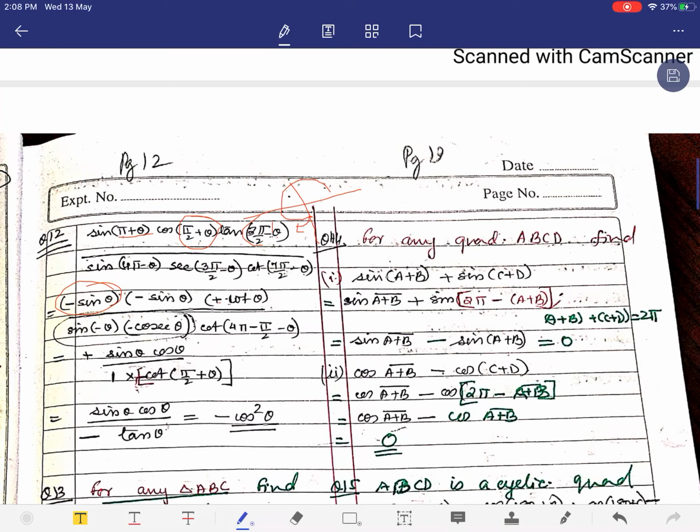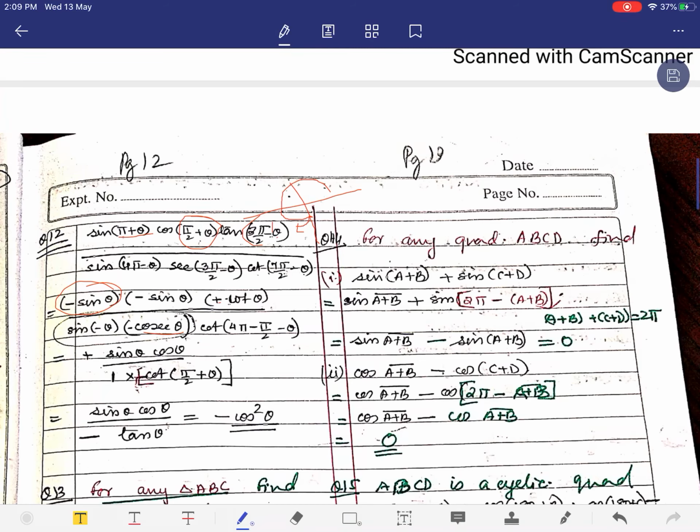The next, the denominator part, 4 pi is already a 0. So, it is sine minus theta makes it minus of sine theta, or I will have left it in this form. Now, sec of 3 pi on 2, 3 pi on 2 changes the ratio and it becomes cosec, and 3 pi on 2 again, this is in the third quadrant, says that the sec will be negative. Hence, the ratio finally converts to minus cosec theta.